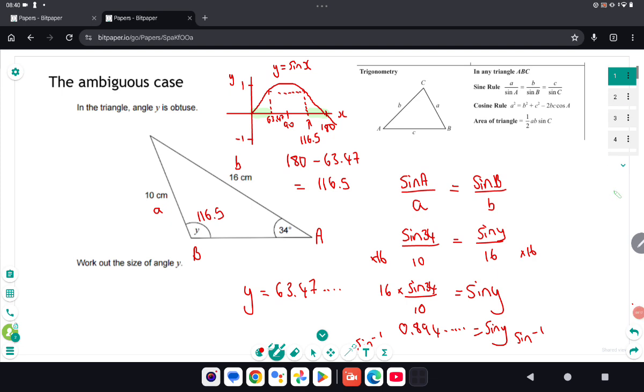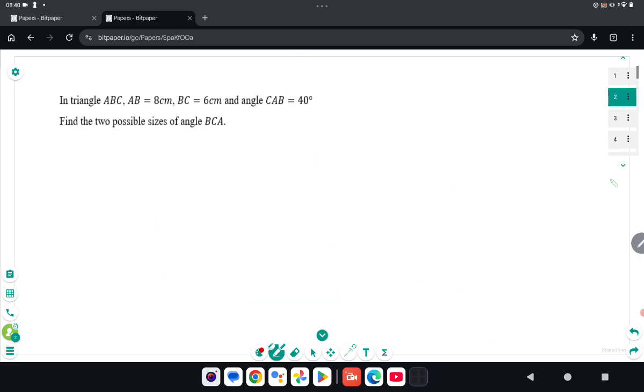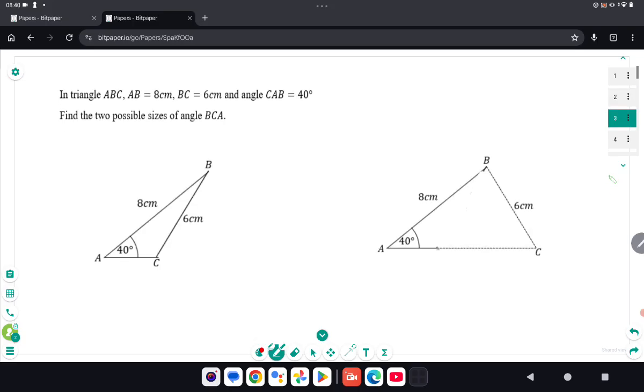So you need to be aware of this ambiguous case when you're given two lengths and an angle. Let's just look at this question. We've got a triangle ABC. AB equals 8 centimetres, BC equals 6, and the angle CAB equals 40 degrees. So here are two possible versions of what this triangle could look like. We could have BCA made up with the length 8 centimetres, 40 degrees, and the length 6 centimetres, which would give us an obtuse angle. We could have this other case where you've got 8 and 6 centimetres, 40 degrees, and we'd be left with